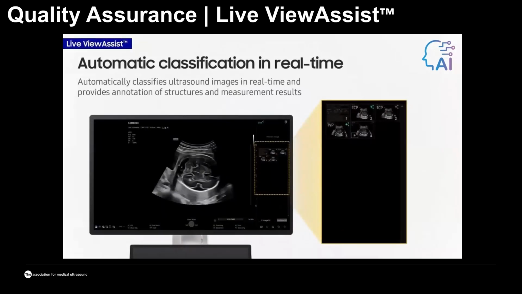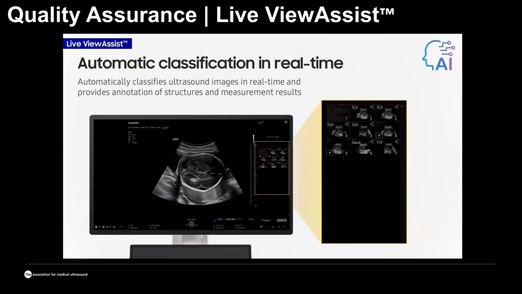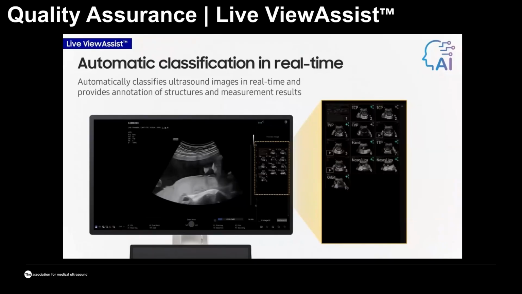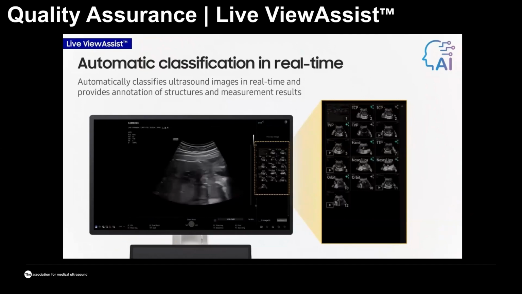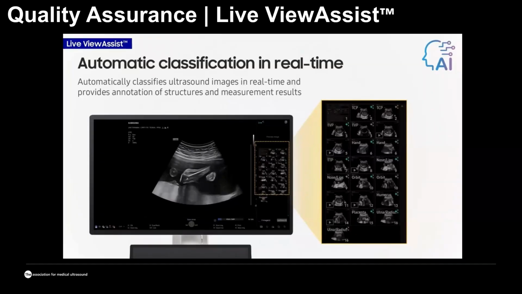But View Assist was developed even further lately, and this is due to artificial intelligence technologies that automatically label the pictures, identify what they are showing in real time, and then perform all the measurements and labeling of the structures. At the same time, it may occur without you even noticing, because that happens in the background. So you may turn it on or turn it off.